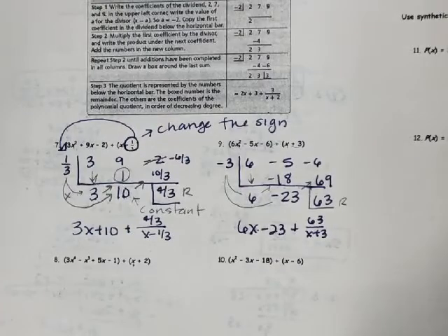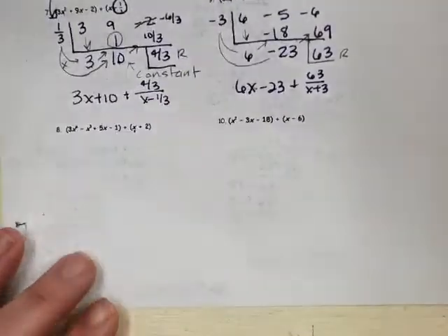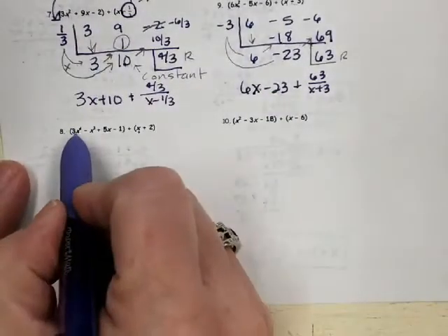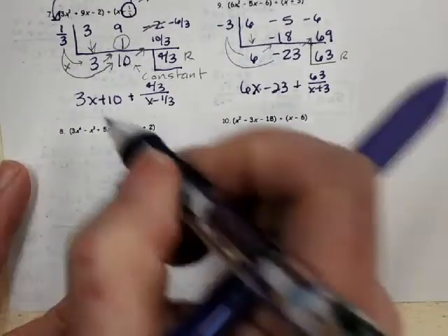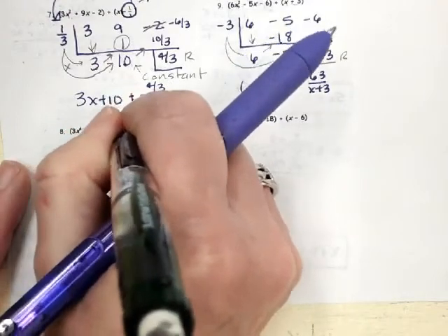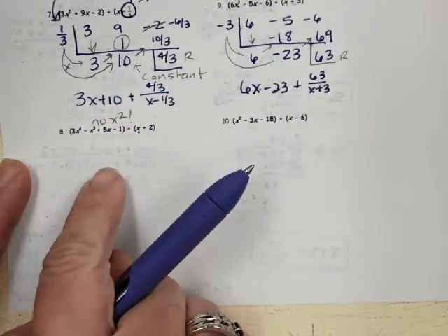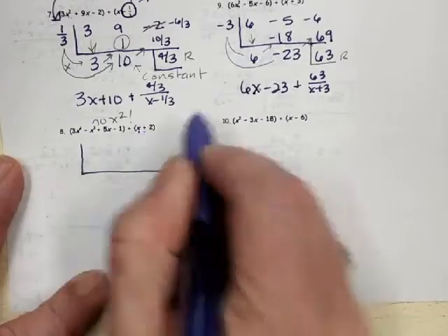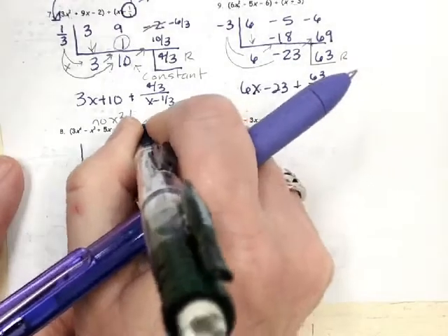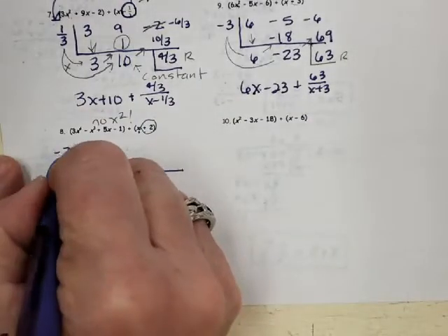Okay, so let's look at number 8. I've got 3x to the 4th minus x cubed plus 5x. There is no x squared term. If there's not an x squared, we've got to put in that placeholder. So let's take that constant out of my divisor, put it outside and change the sign,